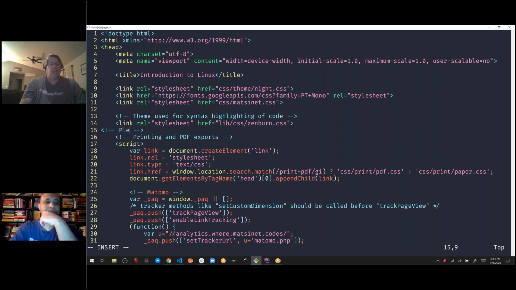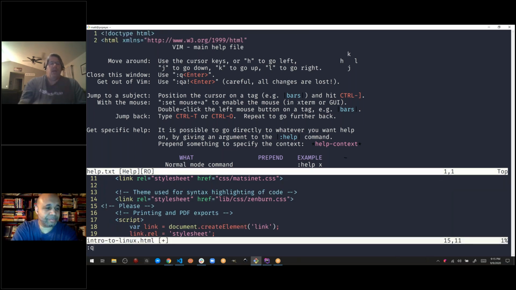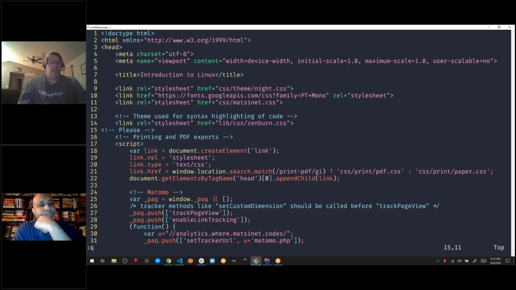But I can type anything, I can delete anything I want. I can damage the file in any way, shape, or form I would like until I escape. Oh, I hit the wrong button. Now I'm really in it deep. Okay. So as long as I'm in insert mode, I can do any damage I please. And then I hit escape, and now, well, I typed I by accident, so never mind. But as long as I don't type I again as a valid command, I can move around, I can do whatever I want, and it won't modify the file in any way, shape, or form unless I execute a command that does